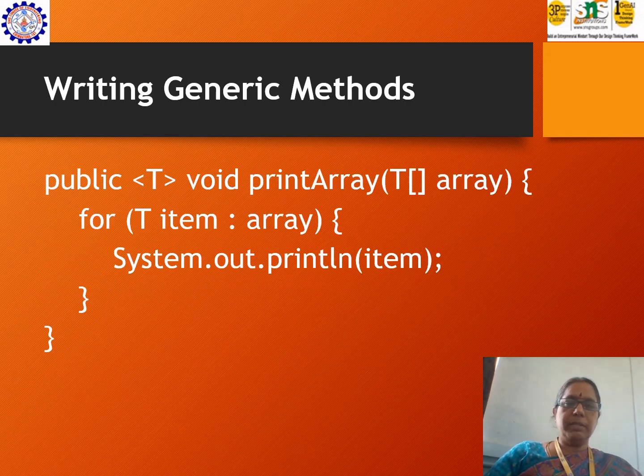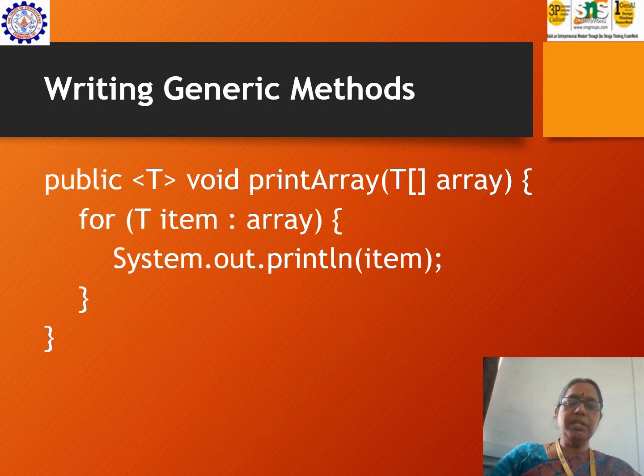Coming to generic methods. How are we going to use generic methods in code? Now let us look at a method. Just like a class, we can define methods that use type parameters. Now, these methods are going to be different from a normal method that we usually use in the program. Look at this printArray method. The printArray method works with arrays of any type. That means again here we are not restricting the type of the data, like a string or integer or number or whatever it is. The T before the return type tells Java that this is a generic method, and